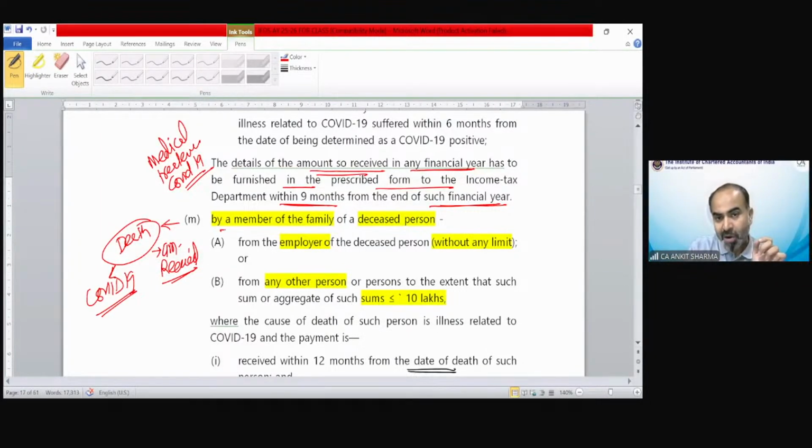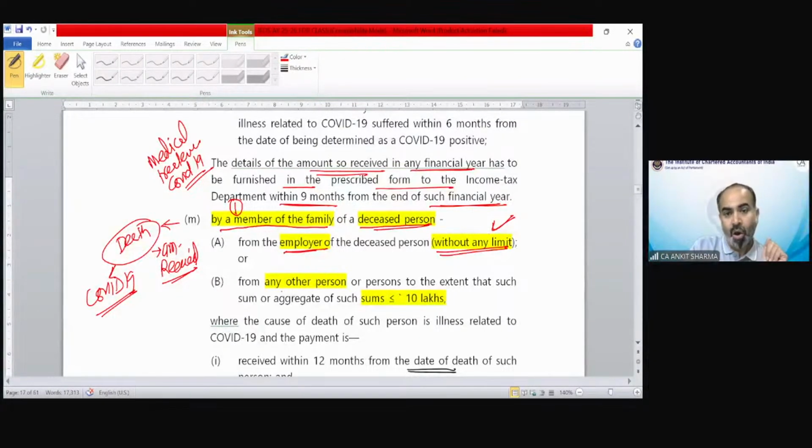So if any amount is received by a member of the family of a deceased person, this benefit is not for the individual, this is for the family member of that deceased person, from the employer. So suppose Mr. A was working somewhere and he passed away during COVID and his employer paid any compensation. So that compensation is exempted without any monetary limit if the death is due to COVID-19 and received by the